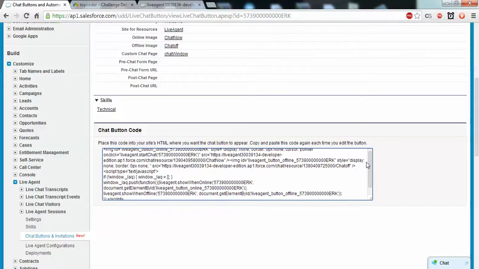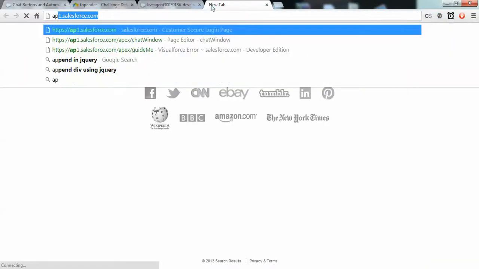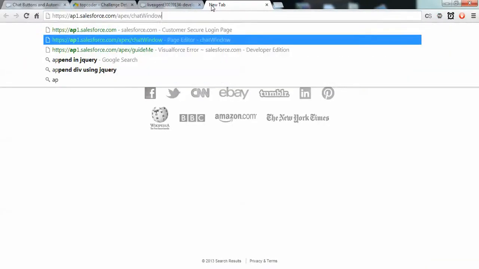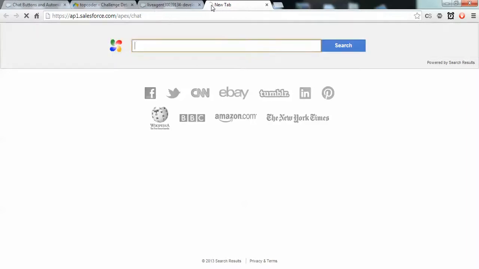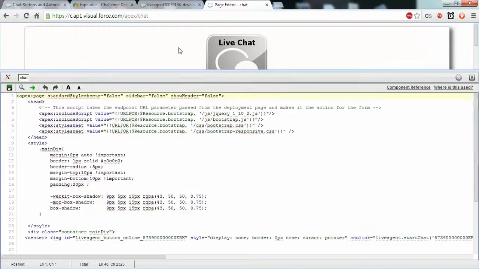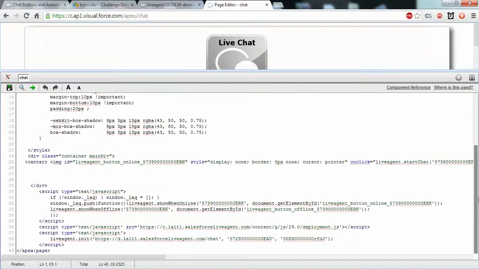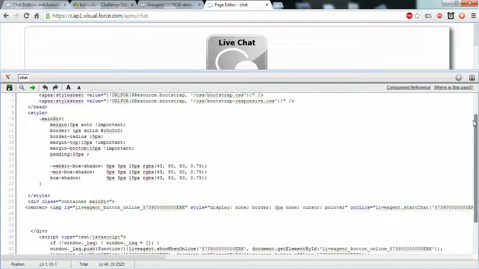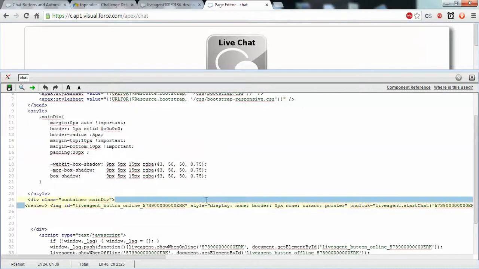I have copied this code and pasted it into the Visualforce page.